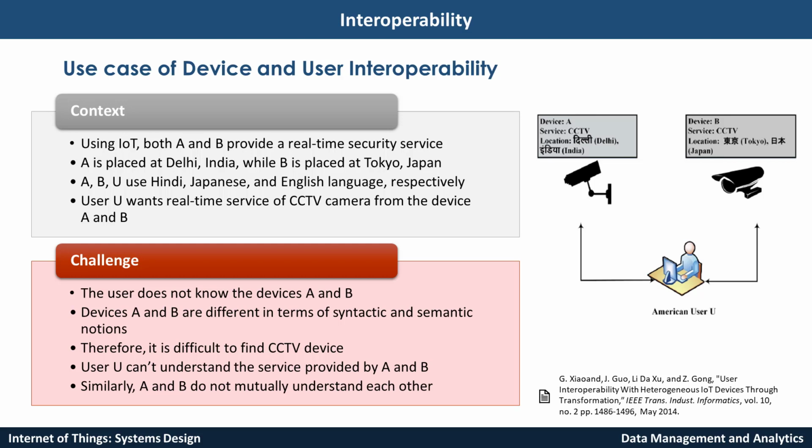Here there is a user interoperability problem between the user and the device, and then the device interoperability problem between the two different cameras. Basically each camera is manufactured by a different company. So the features, for example how they move, how they rotate, how long they keep the data, how to query the camera storage, all of these are different. Therefore, it is impossible for an external party, a user or the other camera, to communicate with the other camera.